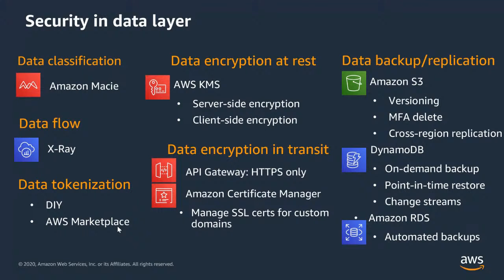Databases, and then you're storing files and all that. From a data classification perspective, the kind of data that's coming in, you could use a service like Macie that has been trained using machine learning models to detect anomalies in certain types of data.